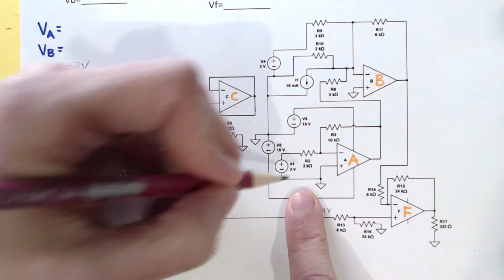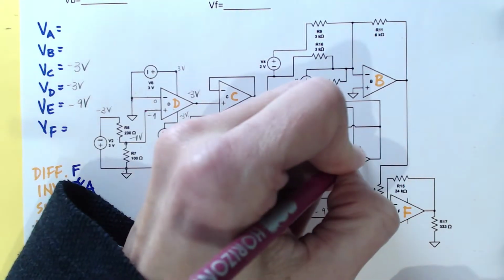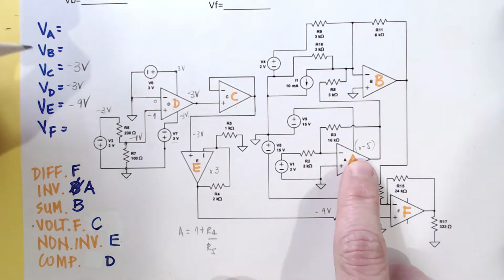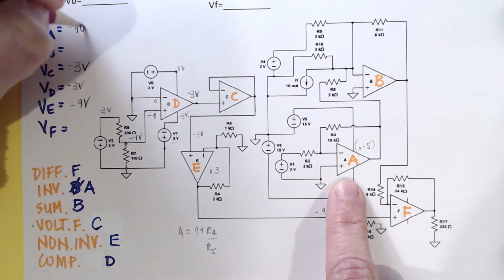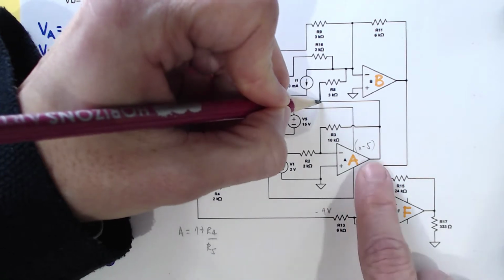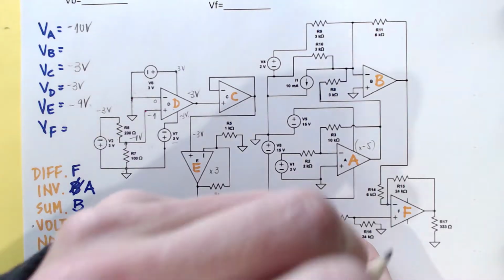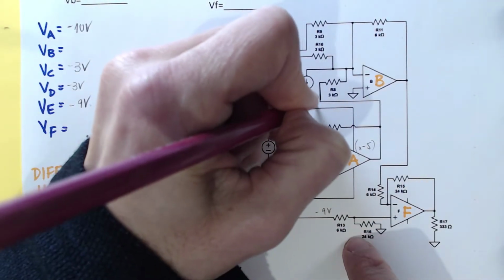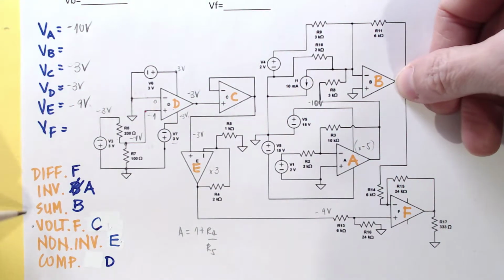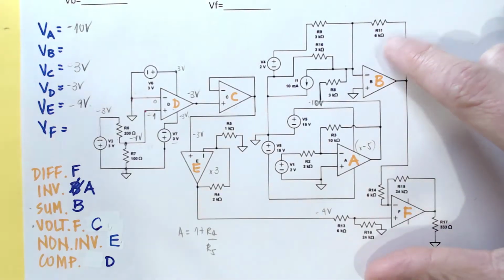VA is straightforward, so this is 2 volts, and this is a times minus 5 inverting amplifier, so 2 times minus 5 is minus 10 on VA. This minus 10 volts is important because it will be one of the inputs to B. So B is a summing amplifier, and the output of that B is